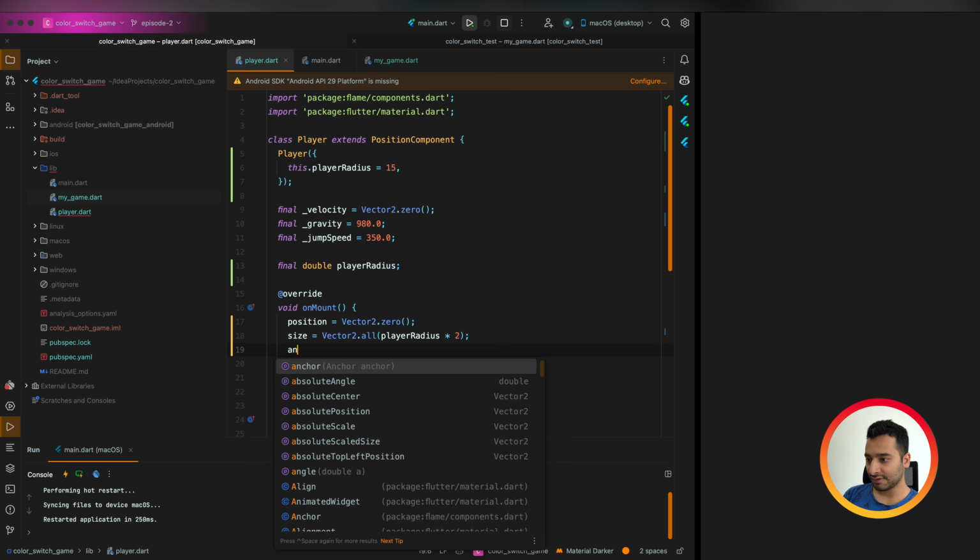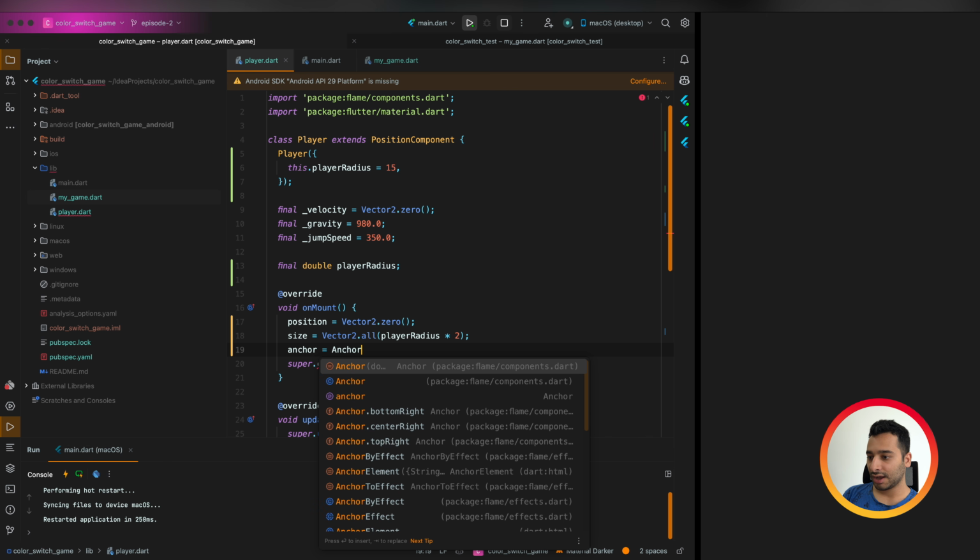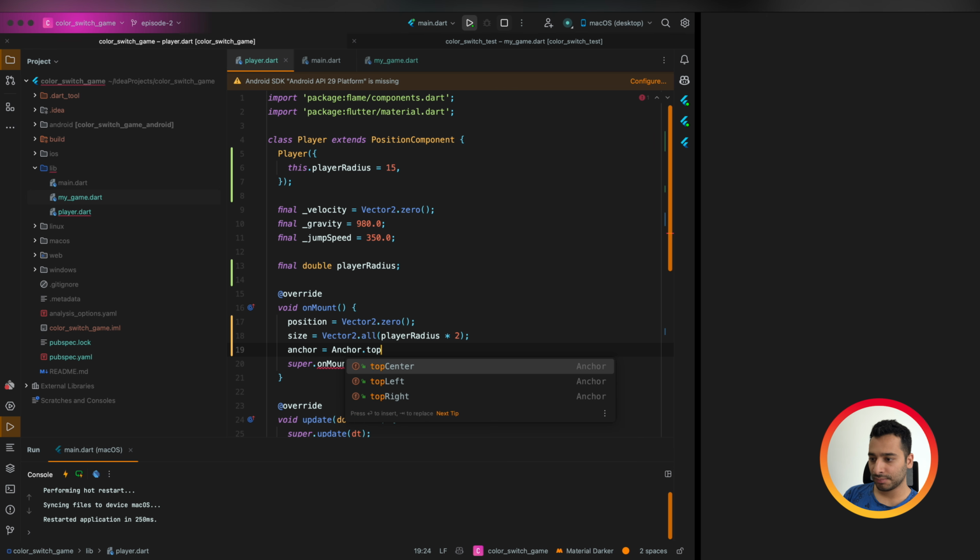The only thing that I want to show you is the anchor. So here we have an anchor which says from which point of this component Flame should grab your component. For example, if you say Anchor.topLeft, which I think is the default value, Flame grabs your component from the top left. When you want to rotate it, it rotates from the top left.